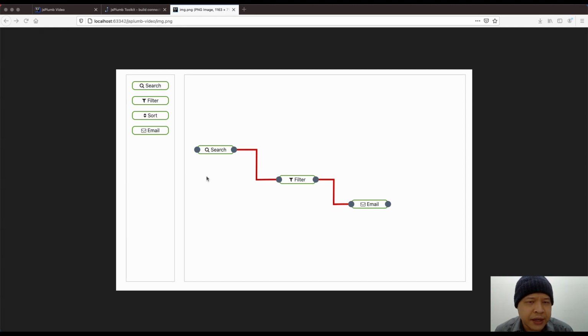On the left-hand side here, we have controls. Each of these here is a control. And what the user will be able to do is drag and drop this control over to the right-hand side. This section here, we're just going to call the diagram. Once the control has been dragged and dropped to the diagram section, the user will be able to connect